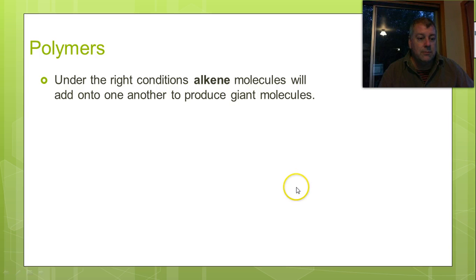What are polymers? Well, effectively we're talking about plastics here. They are long chain molecules, carbon chains, or giant molecules. Under the right conditions, it's the alkenes that are very important for the production of polymers. The alkene molecules can join up and keep adding to each other and form long chains. And chemical engineers can manipulate those chains to form all the different types of plastics that we have,